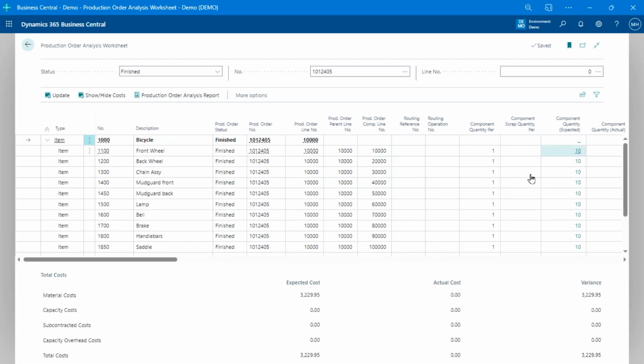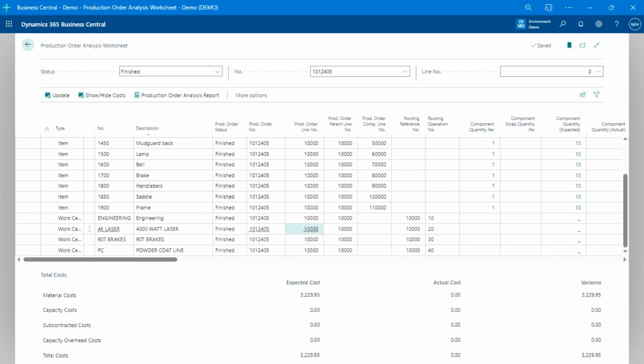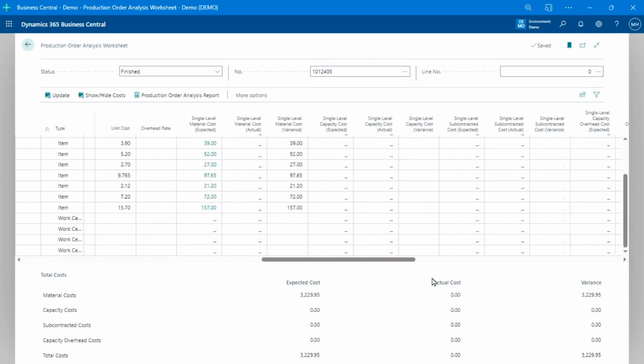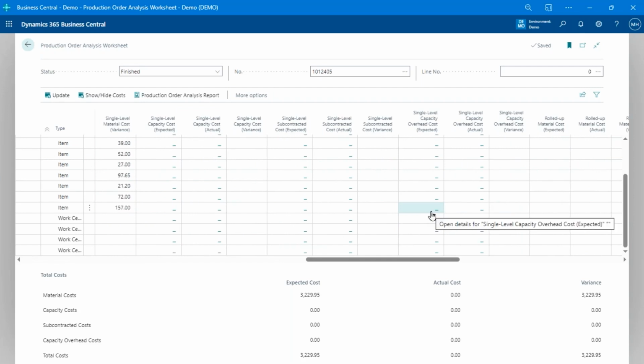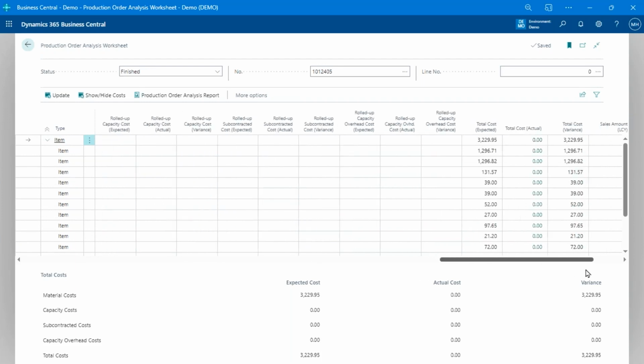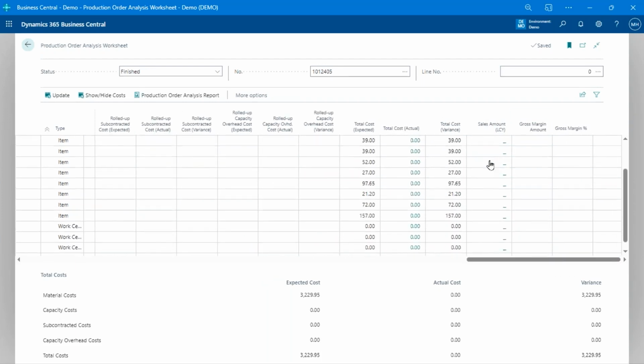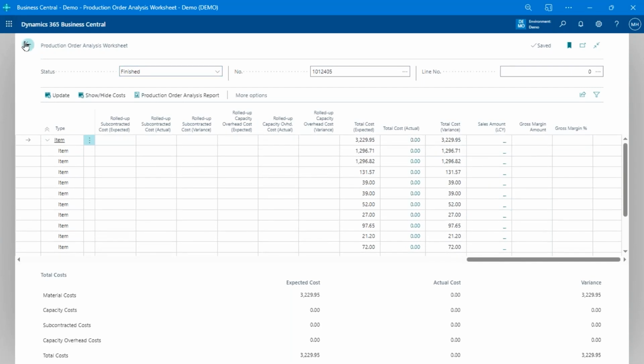It does quantity variance and cost variance on the components, and it also does labor variance. Most people hide a lot of these fields, but it breaks it down in a very detailed way to see what the variances are, from your expected to your actuals. And if it's tied to a sales order, it'll also give you your margin on that sale. So lots of analysis tools.